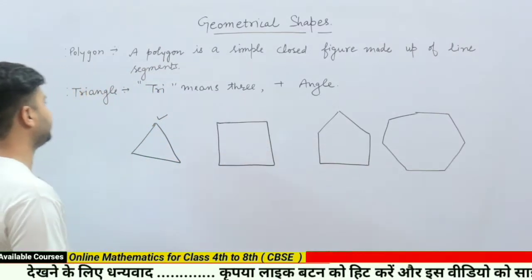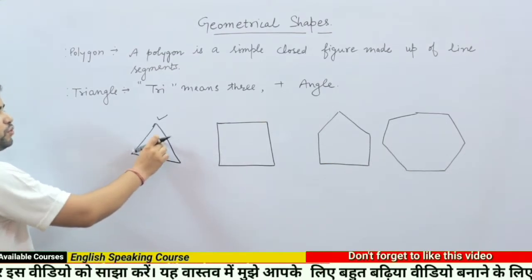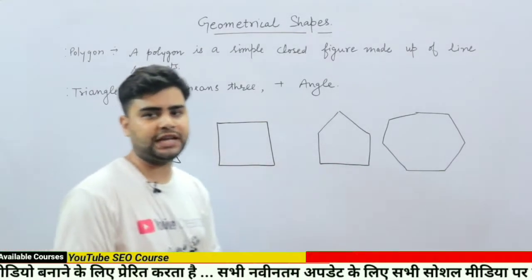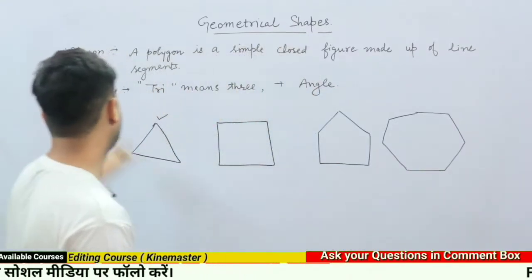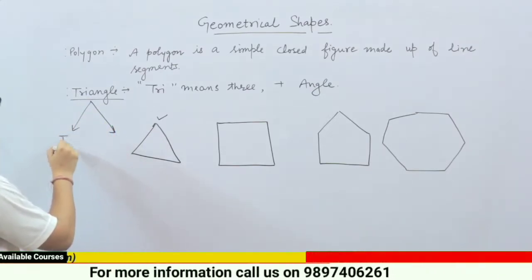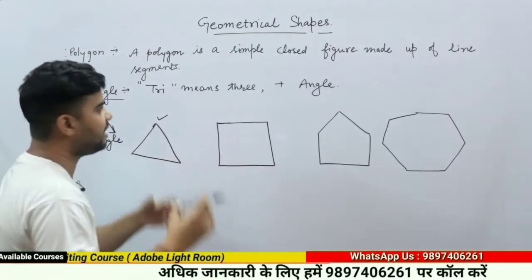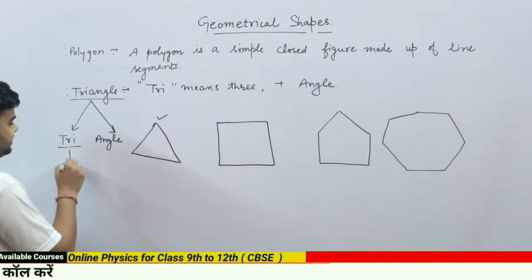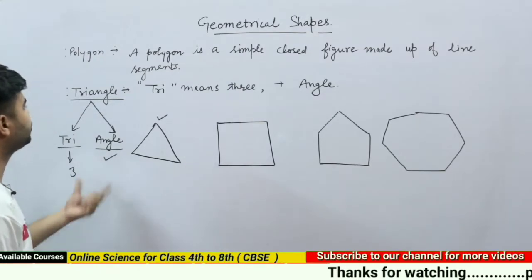And now the important thing is that in our class we are going to learn about the triangle. The first picture which you can see is a triangle, and now I am going to tell you what a triangle is. As you can hear, the word is triangle. It is divided into two parts: first is tri and second is angle. So if in a simple closed figure or in a polygon you find tri, meaning 3, and angles, if you find 3 angles, then the shape will be a triangle.